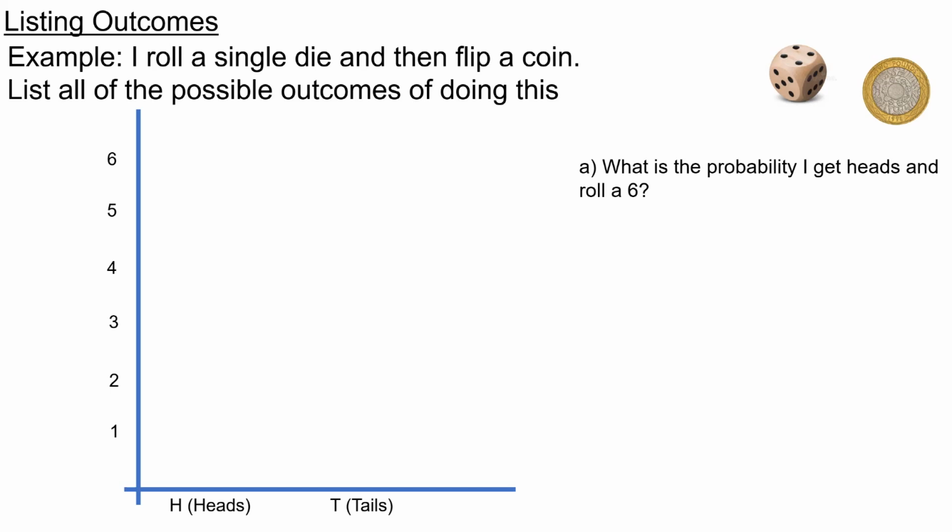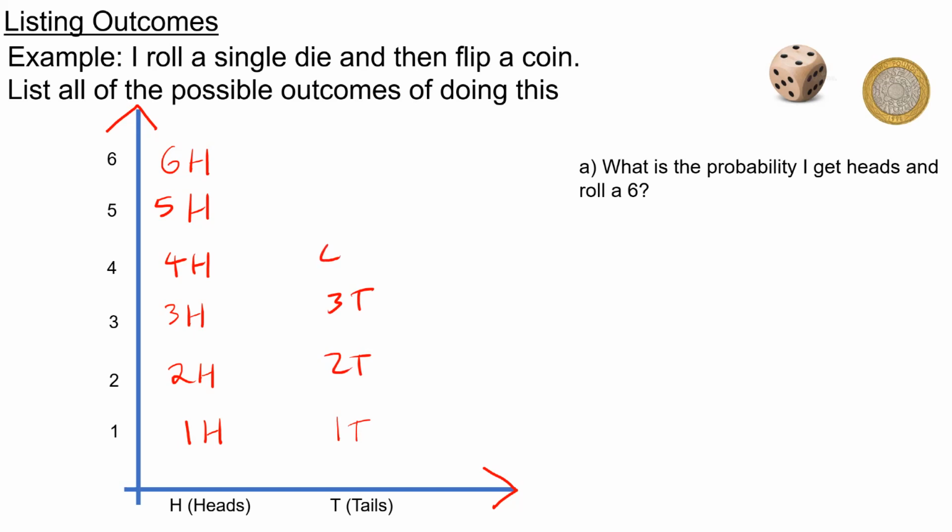So what we could say is, we roll the die first and then flip the coin. So we could look at all of the dice rolls going up and the flips of the coin going across. So we could have a 1 and then heads, so 1H, 2 and then heads, and so on. We could have a tail, 1 and then tails, 2 and then tails, and so on. So we can see from doing this, 2, 4, 6, 8, 10, 12, that there were 12